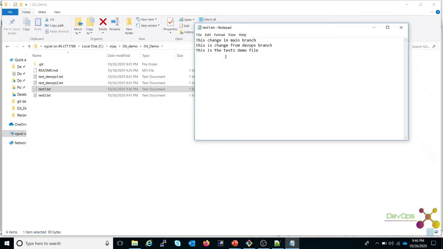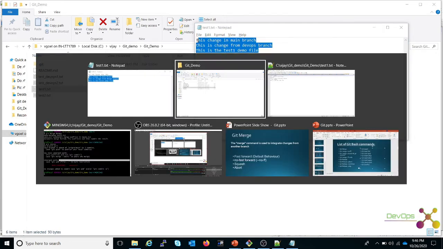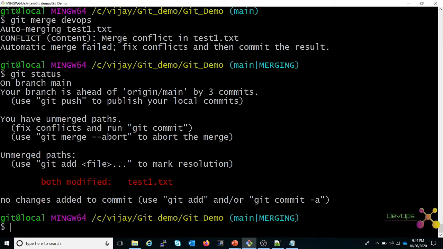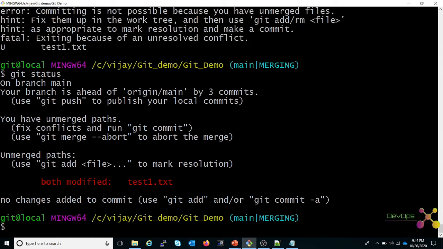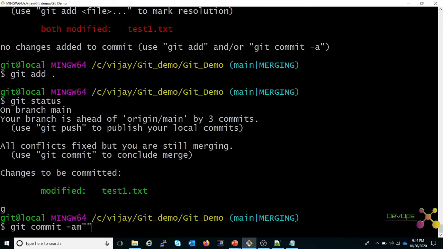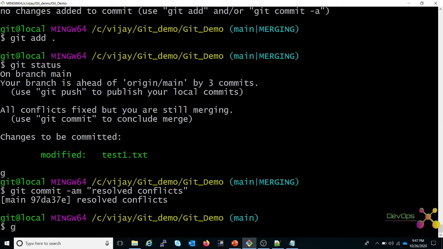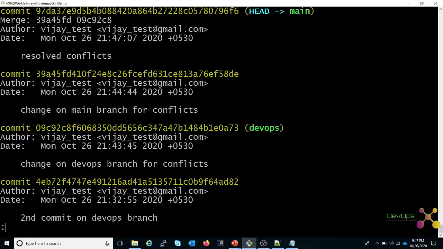Save this file. Suppose I want this change. You can see what it is saying. After doing the changes in text file, you have to add commit -am resolved conflicts.